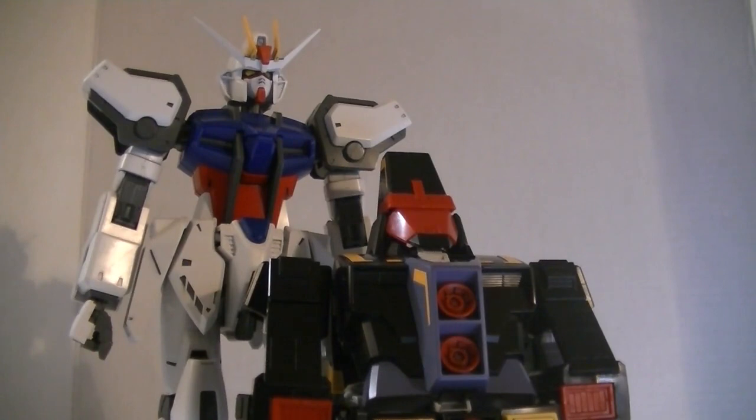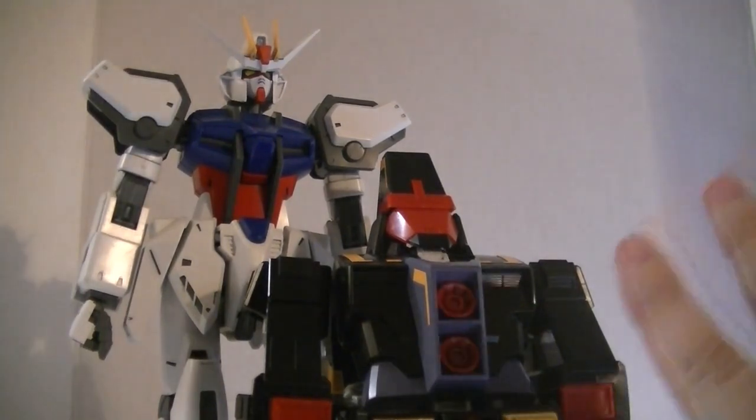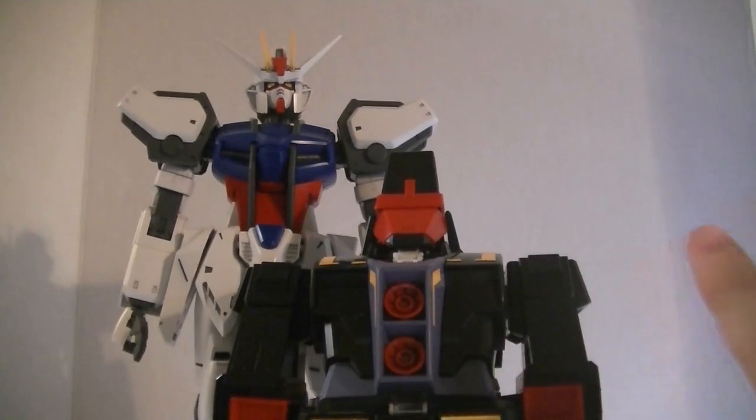It's a little bit complicated to transform, but if you compare it to the Zeta Gundam, you're not really having a problem. And the best part, everything here is here. You don't need beam sabers, because honestly, can you imagine this thing with beam sabers? They'd have to engineer a new beam saber class for this, other than, if they're using perfect grade beam sabers on a mega size, they'd have to make mega size beam sabers for this